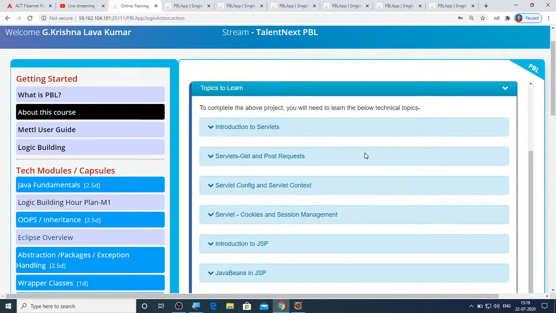That's the reason we require a model where the client will be sending some request, and the process has to take place in the server, and then the response, which is nothing but the output, should be shown again on the client machine. Because in conventional programming, input will be given in the client machine, processing will be done in the client machine, and output also will be displayed on the client machine.